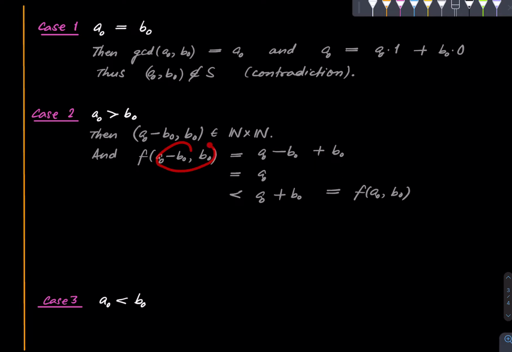So the size of this pair is smaller than the size of the pair (a naught, b naught), and therefore this thing, (a naught minus b naught, b naught), does not lie in S, because if it lied in S, its size would be smaller than the smallest possible size, and that would be a contradiction. So this implication is there. At the same time, since this is not in S,